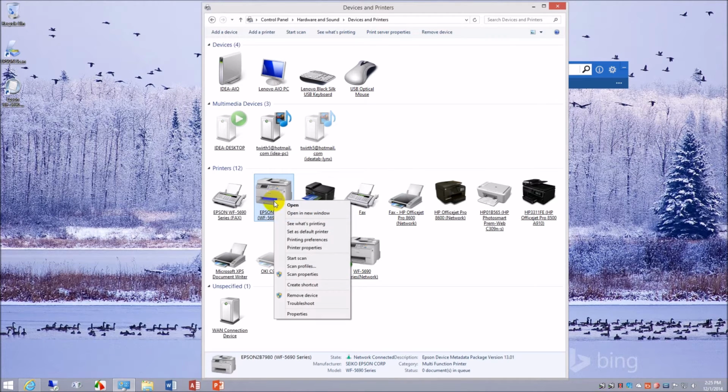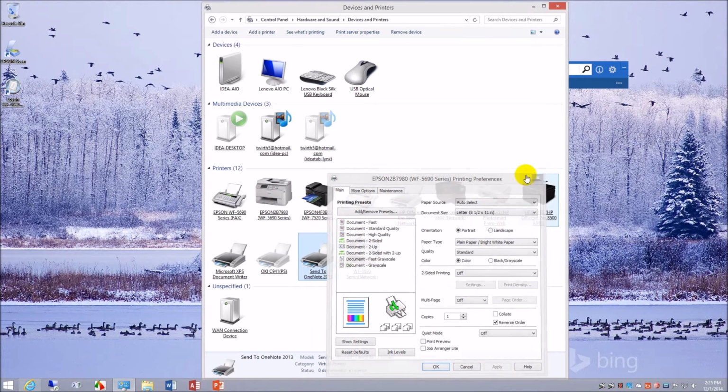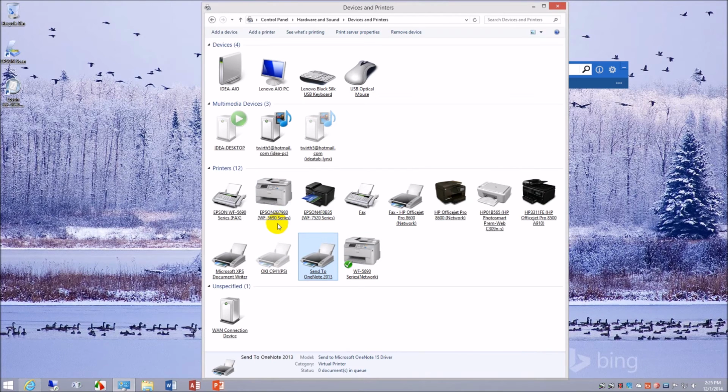And I don't like when this happens. There's really no reason to have this here. It's the same thing. So I don't know why there's two of them, but it happens not only with Epson, it happens with other vendors as well. But it's annoying to me. So anyway, let's go back to